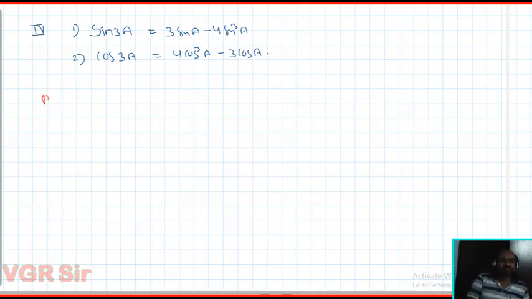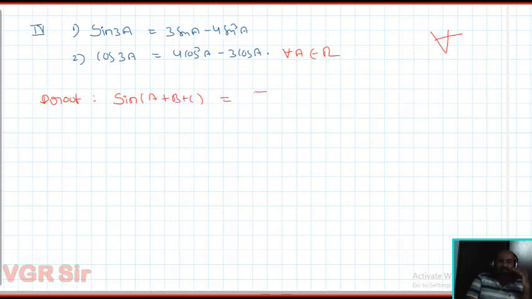Okay, proof. These hold for a belonging to the real numbers. For every a belongs to, this is the symbol for "for every", meaning for all. For every a belongs to capital N. Several methods are there to derive this, but I use a simple formula, that is the sin of a plus b plus c formula. Already derived, no?